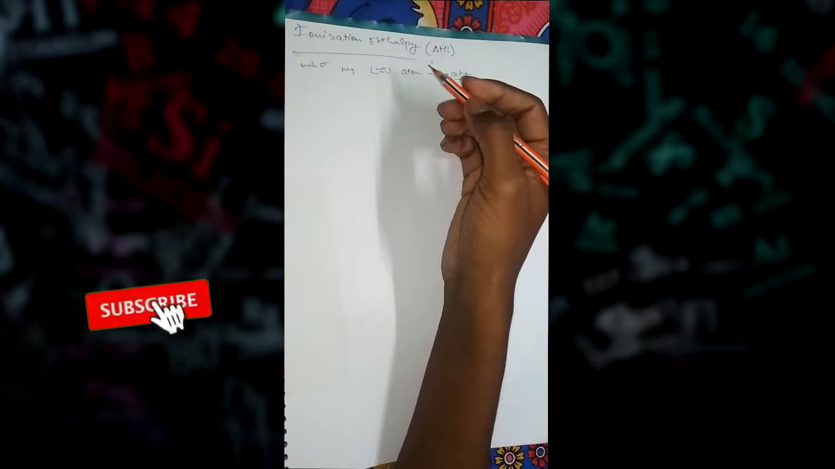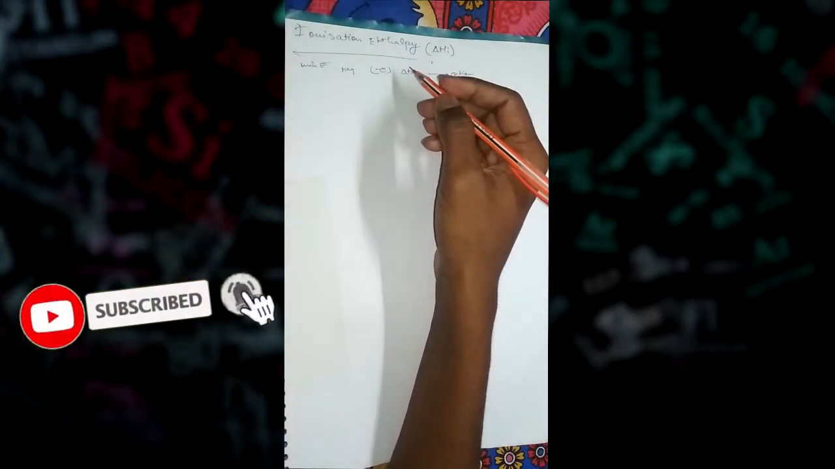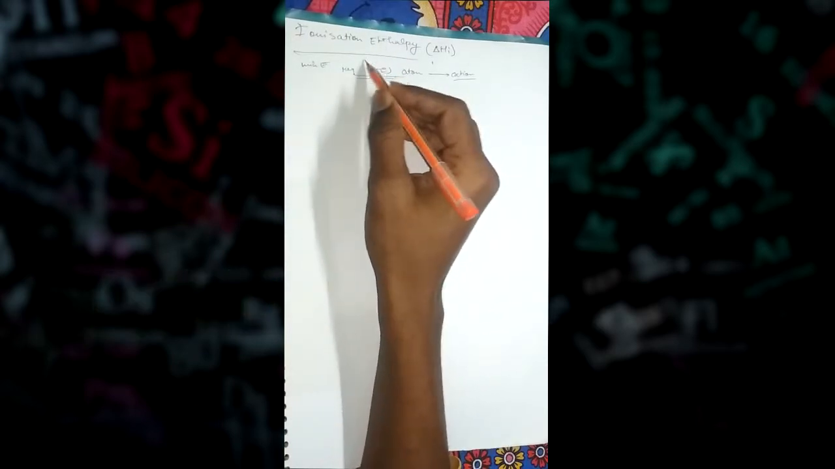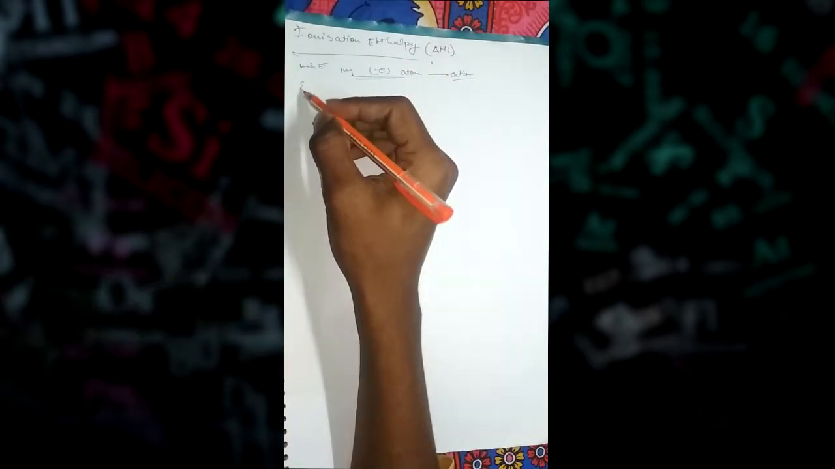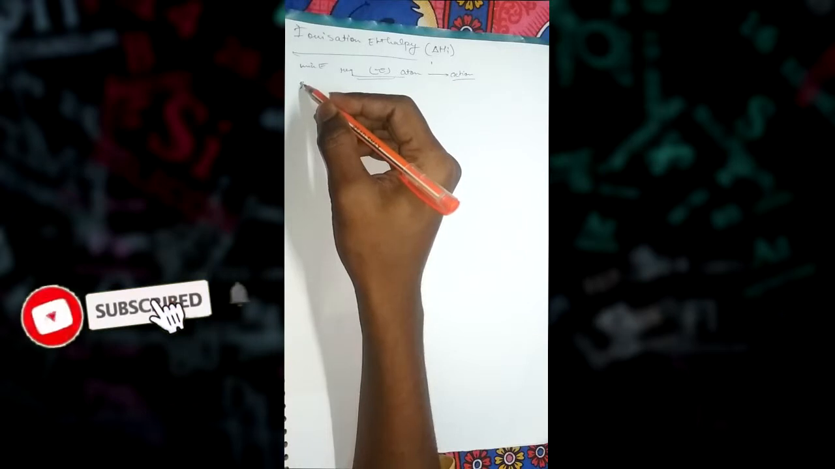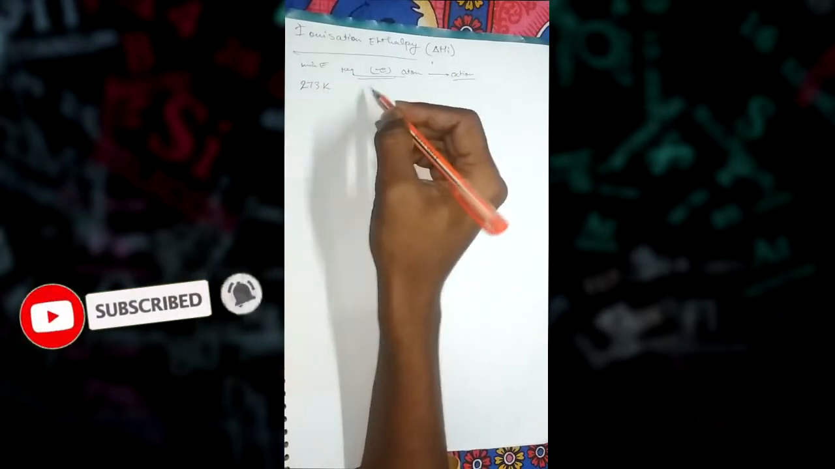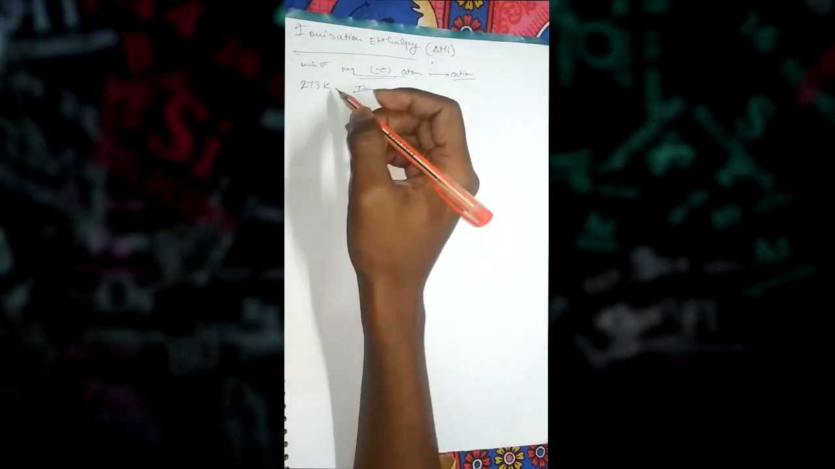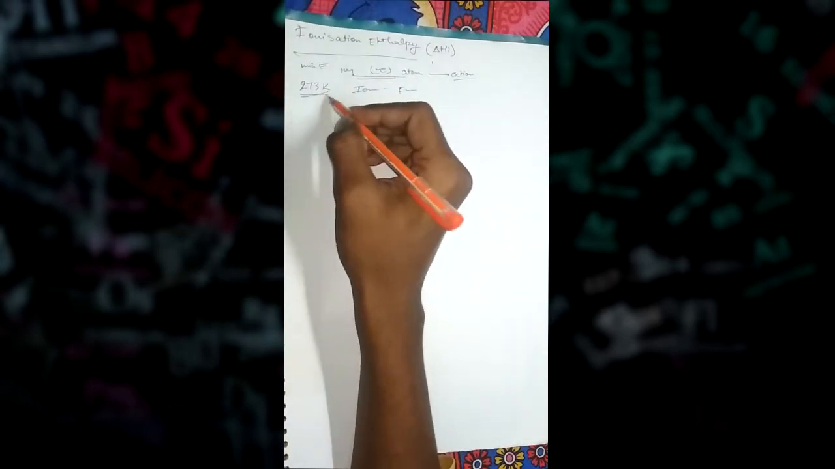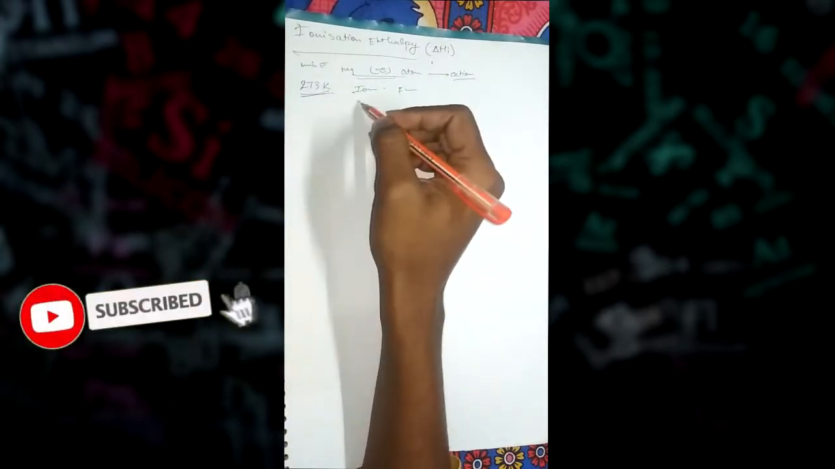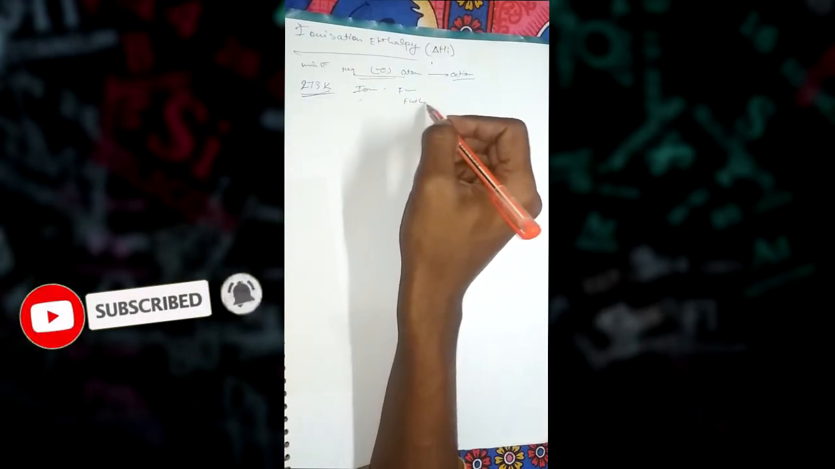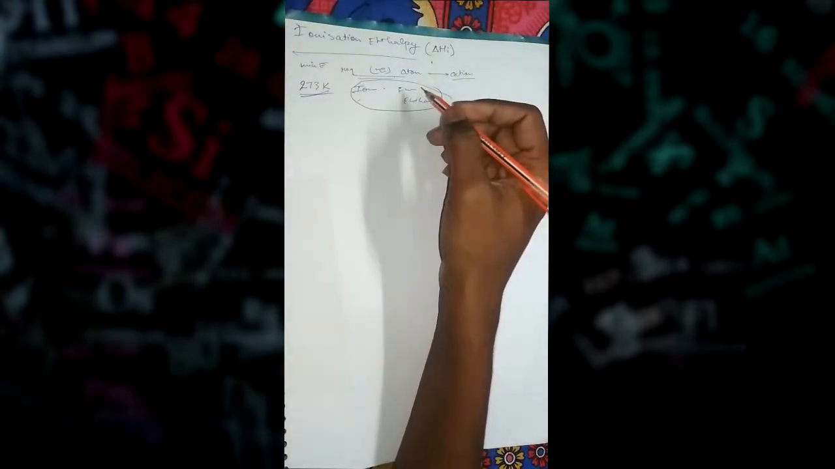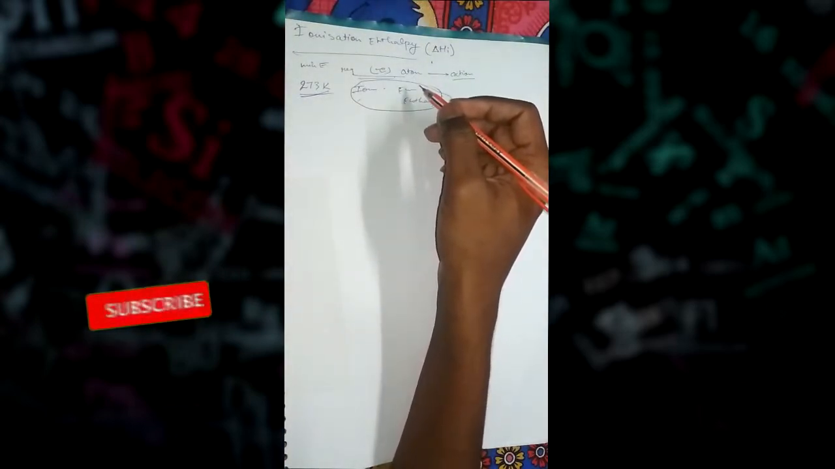So if energy is at 273 Kelvin, then it is called ionization energy, and if the temperature is other than 273 Kelvin, it is called ionization enthalpy. So this is the point of difference between energy and enthalpy. And now moving on to